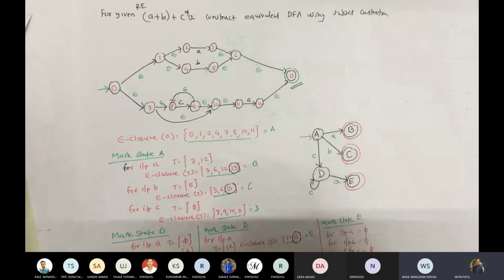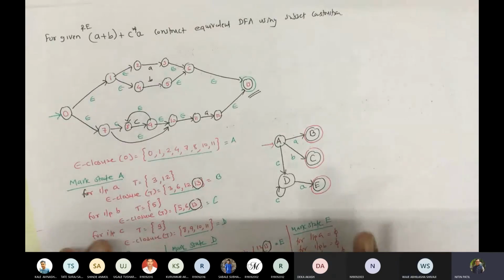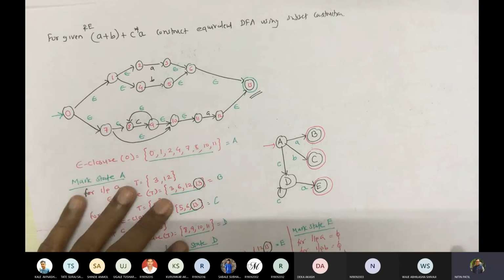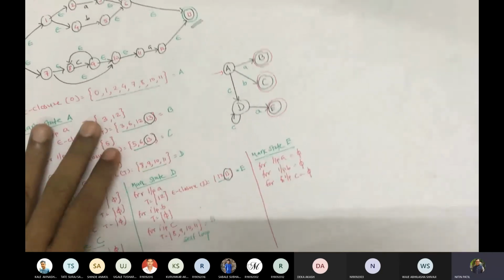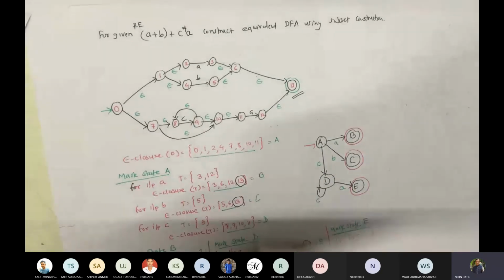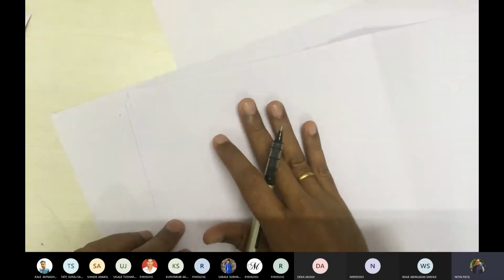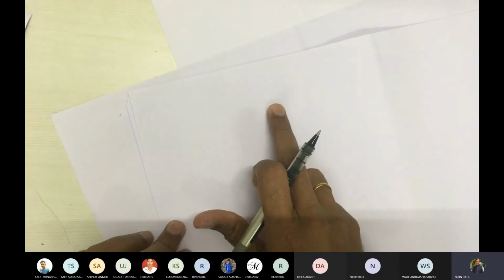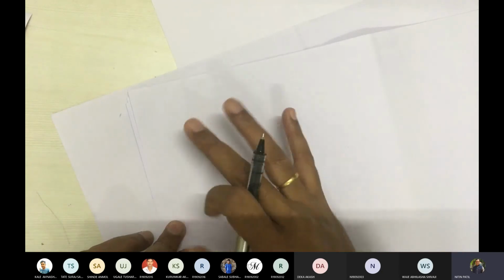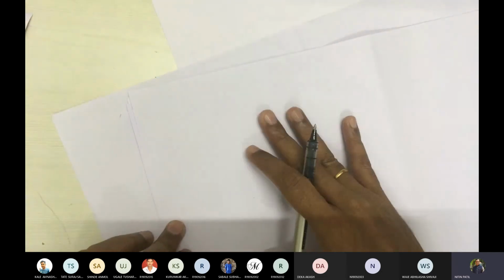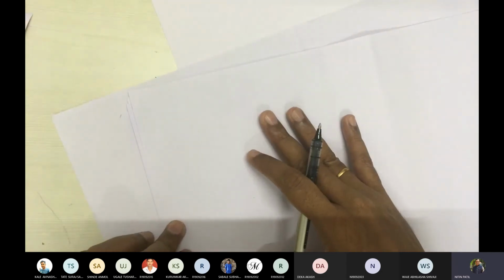I'm giving you one problem. Try to solve it. You have 10 minutes. It is a bigger one, but it should not cross maybe 13 to 15 states. I'm stopping this recording after I write this problem. I will post the solution on WhatsApp, but you have to solve it first.